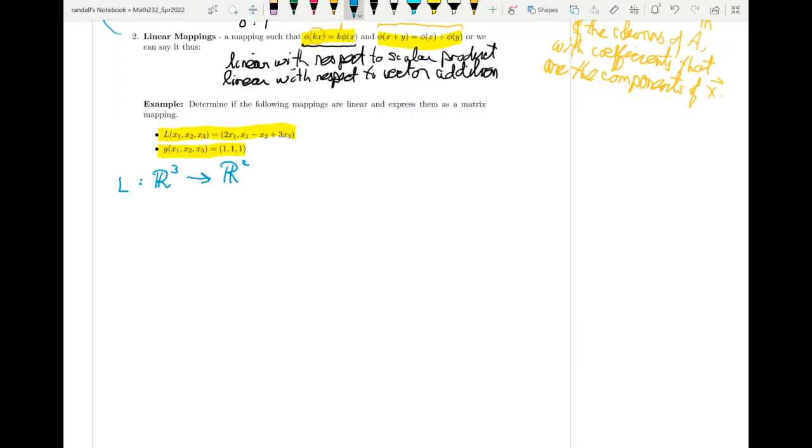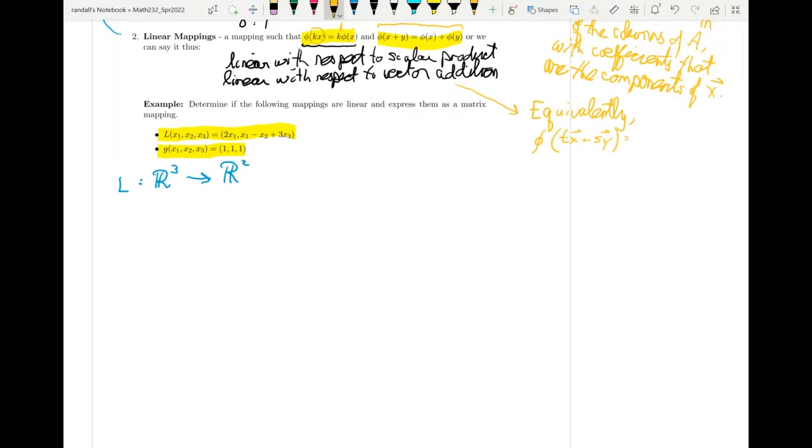So let's determine whether L is linear. I'm going to look at this formula here. I'm going to make a note that the equivalent way to do this, and this is how it's defined in the book: equivalently, we say that a mapping is linear if phi acting on tx plus sy, so a linear combination of vectors,